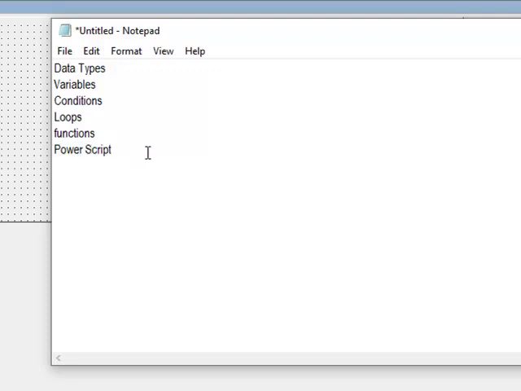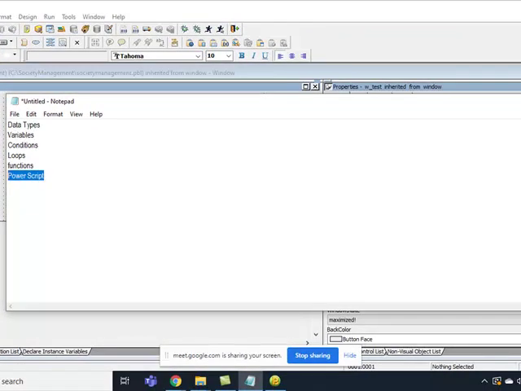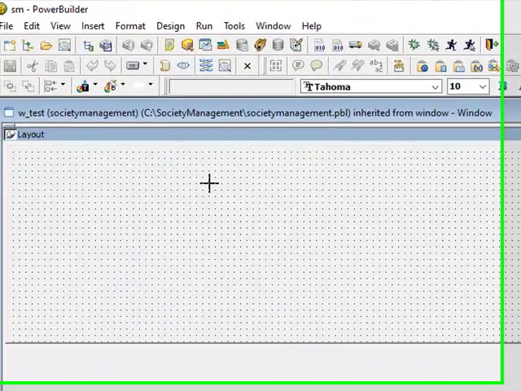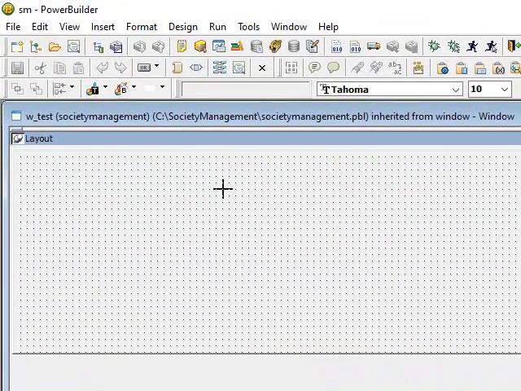Let's use PowerScript, and we will try to create some small programs. Perfect. So what I want is to just add two numbers.